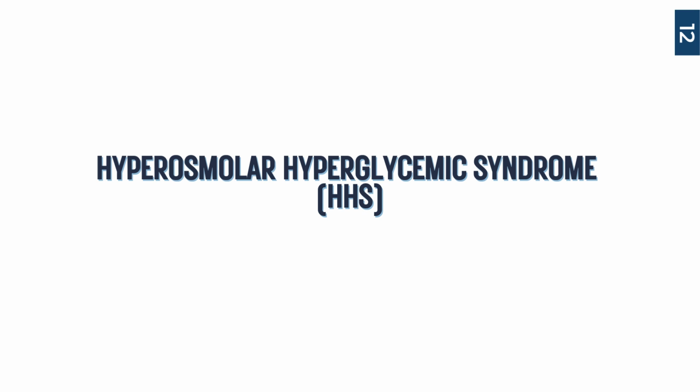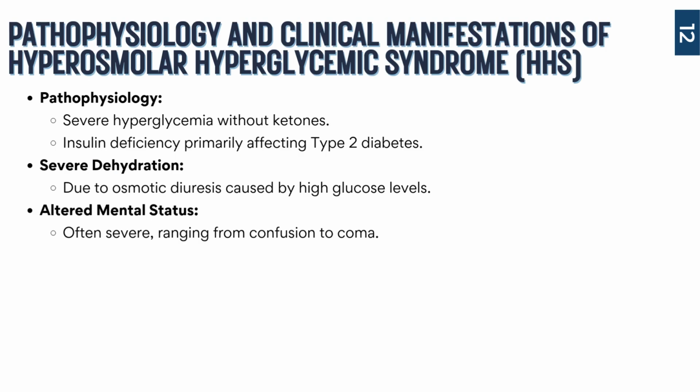So now let's talk about HHS, or hyperosmolar hyperglycemic syndrome. This is what gets confused for DKA a lot. Okay, HHS is another serious complication of diabetes, but this one primarily affects people with type 2, okay? Unlike DKA, HHS involves extreme hyperglycemia without significant ketone production. So there's no acidosis in this. These patients could come in with a blood glucose of 842 and they're not acidotic. And you're like, what? Are these lab results correct?